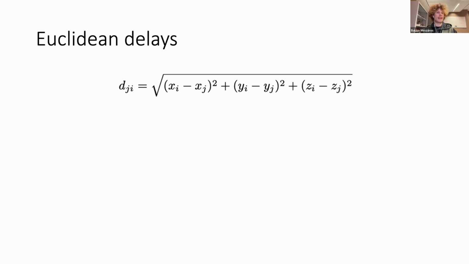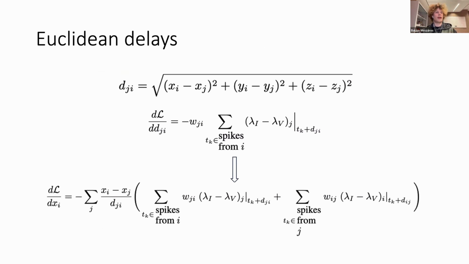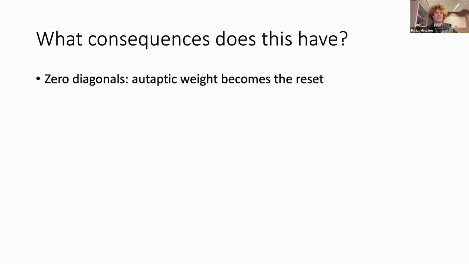And then if we again take our previously shown delay gradient update rule, we can just plug these two equations together, or plug one into the other, and we end up with this delay gradient update rule. Intuitively, I guess it says that it's a combination of the presynaptic and postsynaptic delays with some term that normalizes based on distance, basically. And so what changes about this learnable delay matrix is three main things, which come from these Euclidean properties.